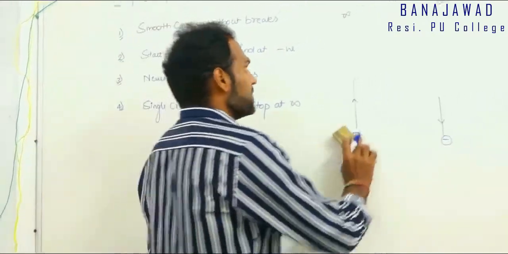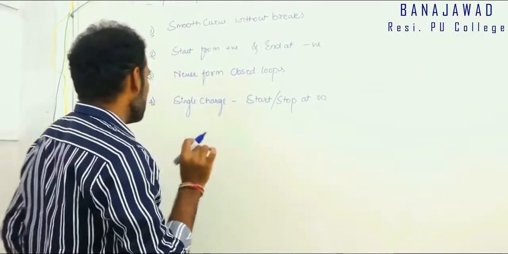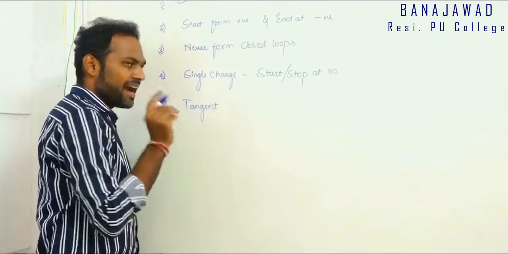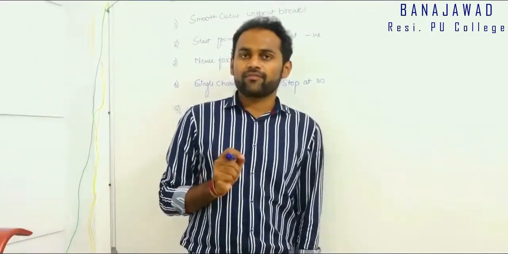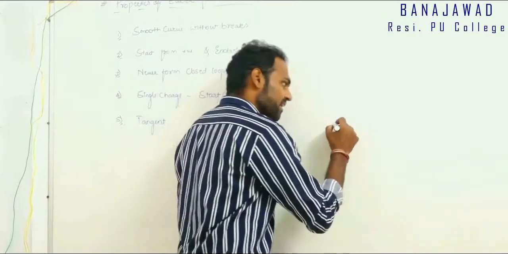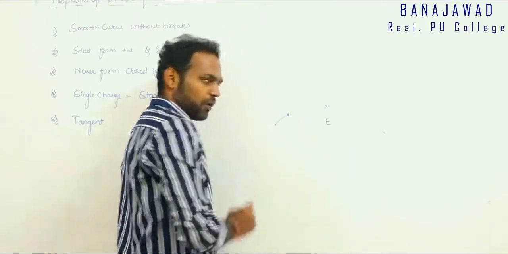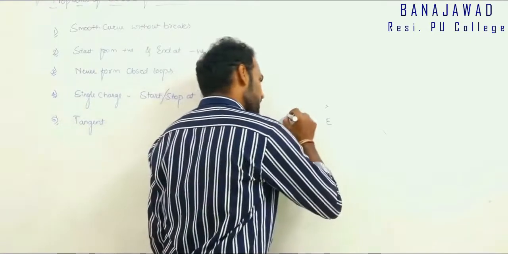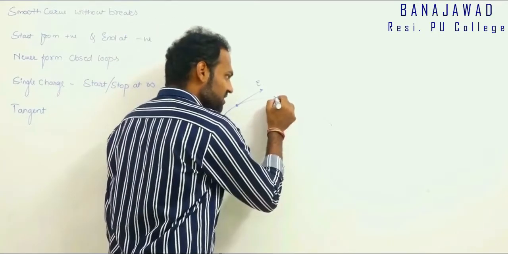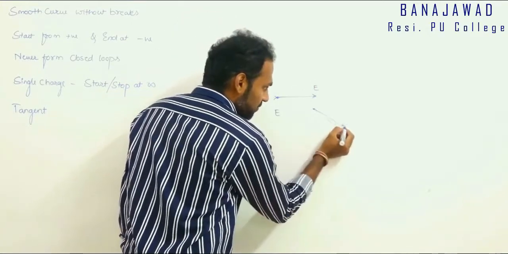Next, fifth property is the tangent drawn to the electric field lines at any point will give you the direction of the electric field at that point. Say if this is an electric field line now, if I want to know what is the electric field direction at this point, what I have to do? I have to draw a tangent at this point. If I draw a tangent at this point, the electric field is said to be in this direction. If I want to know the direction at this point, let me draw the tangent here. At this point, the direction of electric field is like this.